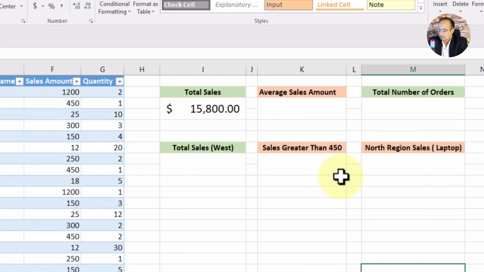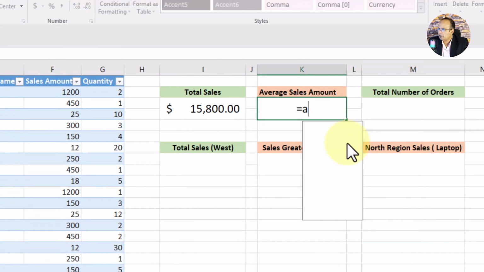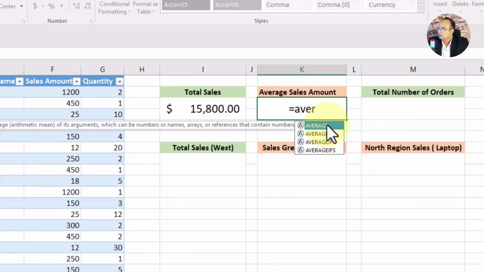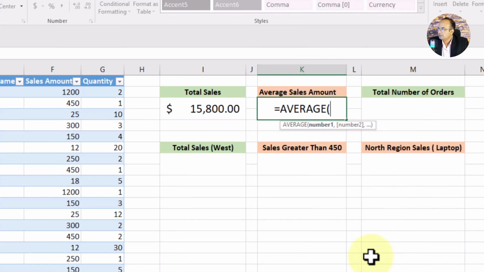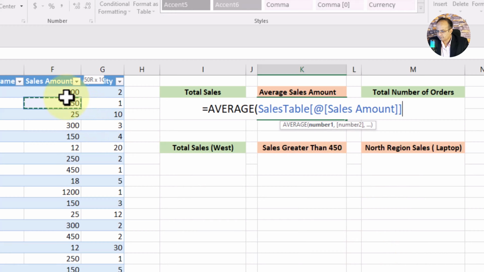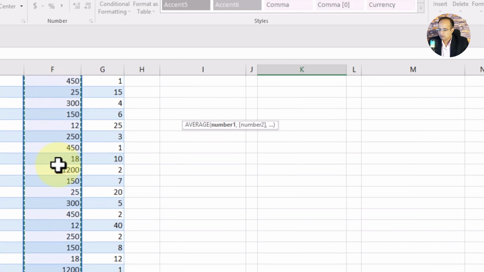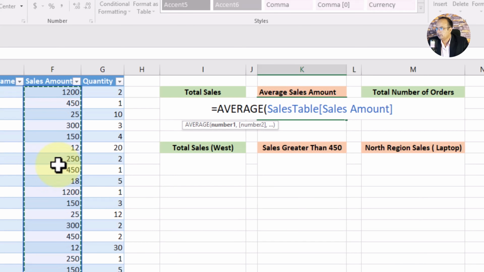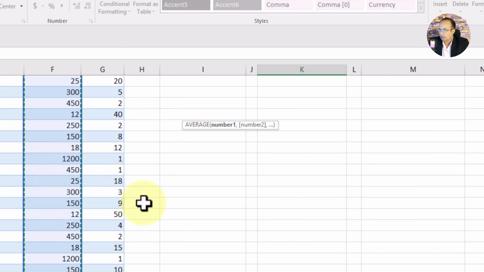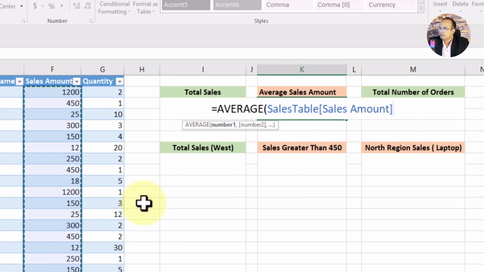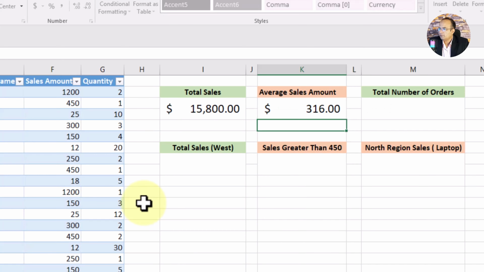Now let's suppose we have been given a task to identify what our average sale amount per sale is. Click here, then type average formula. Similarly, we need to give it a range. Click on this first cell, then Shift Control down arrow key to select the entire range. Close the formula, hit enter, and we have got our average sale amount. Now let's suppose we have to find the total number of orders.